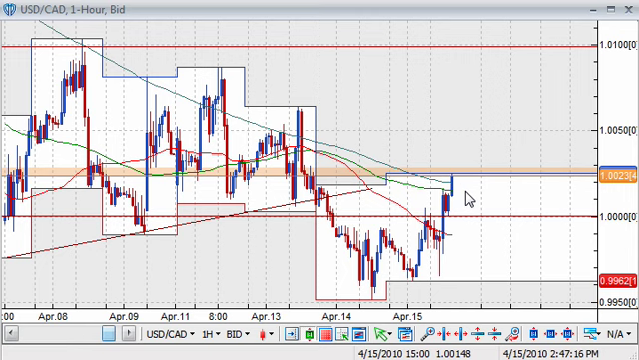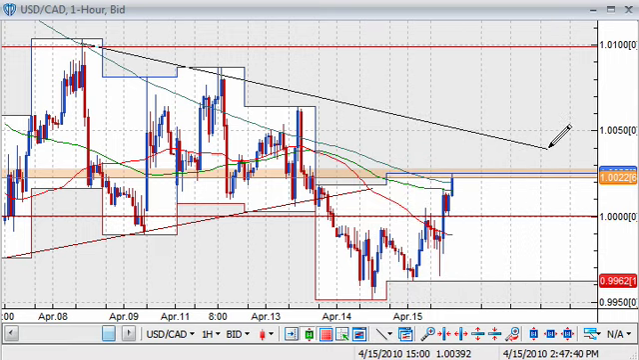In mid-afternoon New York trading, we did see the pair move even higher than yesterday's high as we broke above our 100 and 200 period moving averages. Now we do have resistance trend lines setting up. If we connect our recent highs, one would look like that, and a second